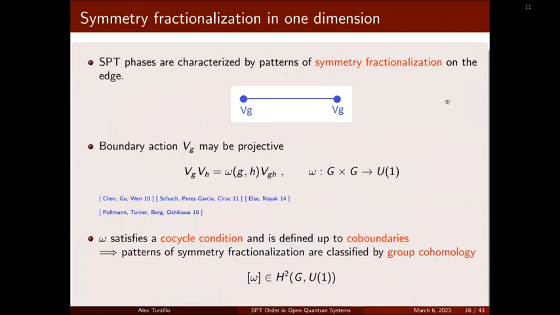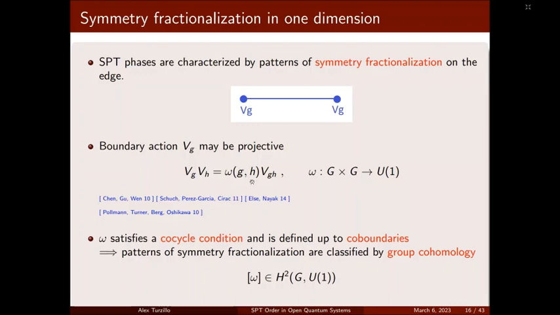Okay, so SPT phases in one dimension are completely characterized by patterns of symmetry fractionalization on the edge. When you act on just a region of the system with the symmetries, it does nothing in the bulk of the region, but you get operators acting on the edge of the region. In total, these two operators need to form a linear representation of the symmetry. But if one just looks at the left side or the right side individually, the action of the symmetry can be projective. So this projective action V_G